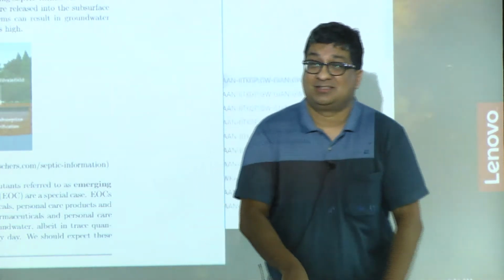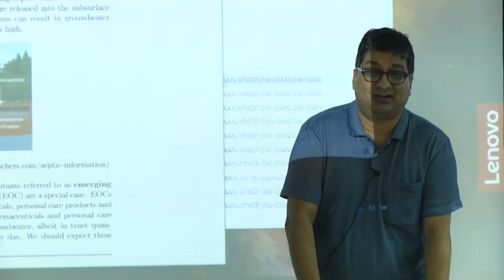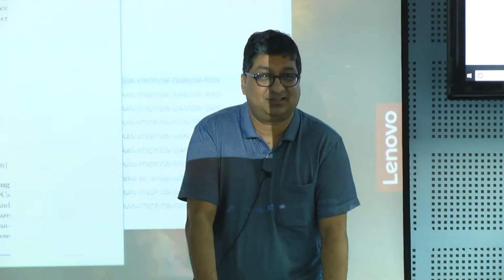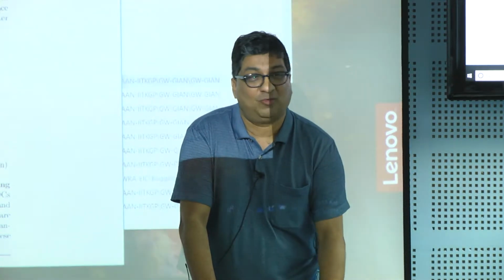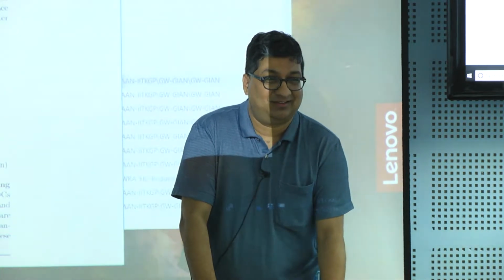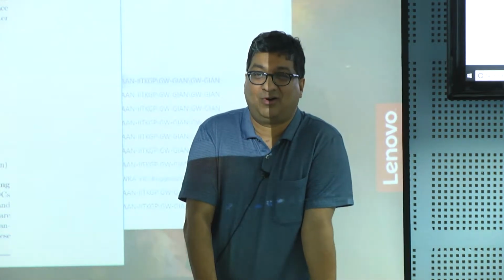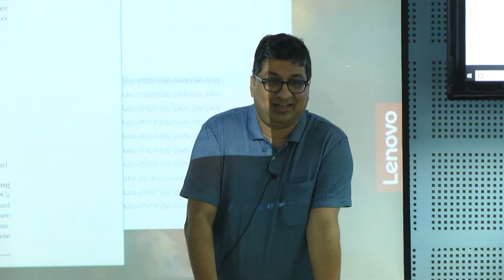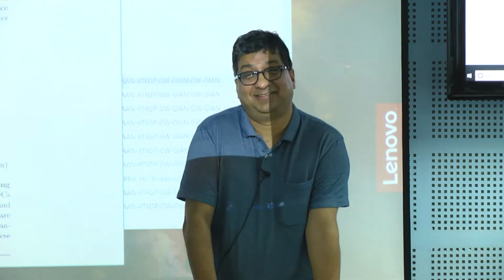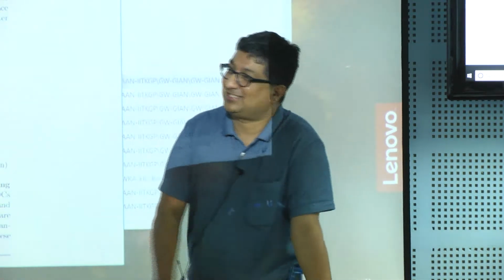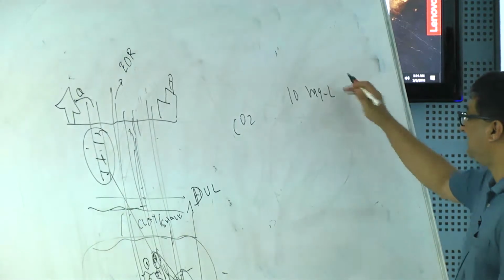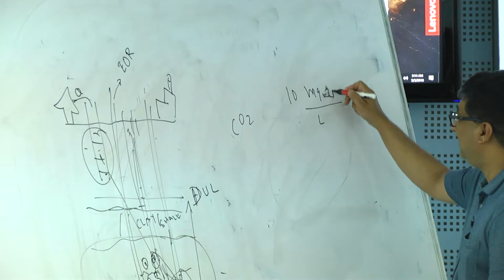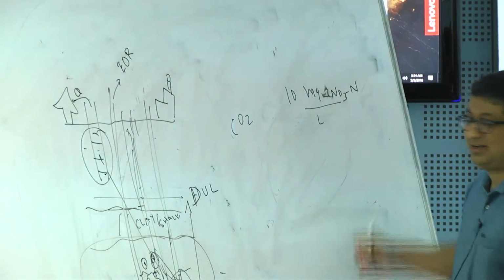Reduced. Okay. So we have more ammonium type compounds in our incoming wastewater. Once we oxidize it, it becomes nitrite and nitrate. Nitrite is more dangerous than nitrate. The drinking water standard for nitrate is 45. In the US it's 10. Why? Because it is 10 milligrams per liter of nitrate expressed as nitrogen,